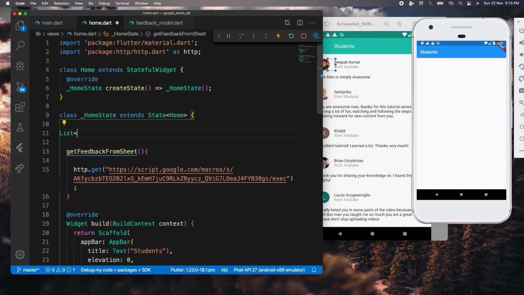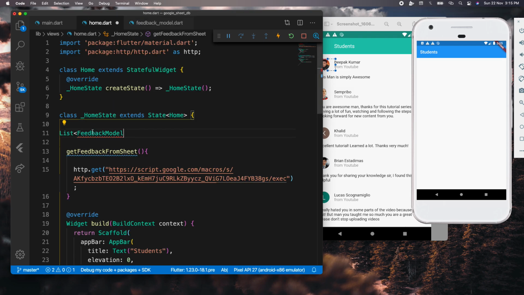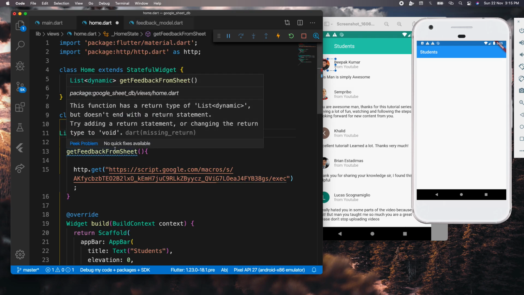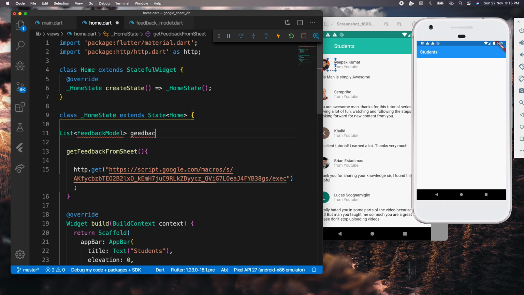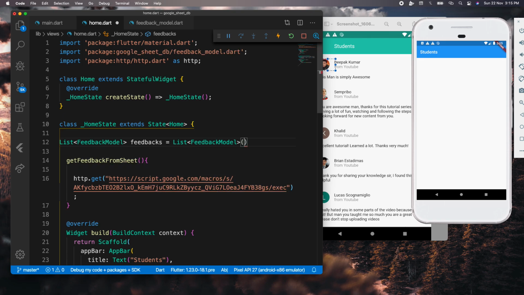of feedback form. What have we named? Of feedback model, and I'm going to call that feedbacks, I can say it like that. And then I'm going to say List<FeedbackModel>, and like that. Okay, so we have this feedbacks, and now I want to save the data which we get